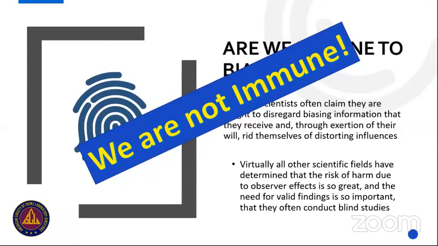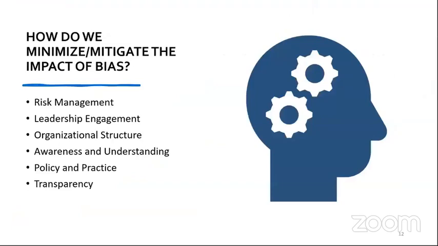Notice I didn't say eliminate, because you can't eliminate it. You can't eliminate the way you think and process information. So it's impossible to get rid of it. But what we need to do is incorporate an infrastructure that's multi-level into our operations that allows us to have awareness, to control, to mitigate the risks of the impact of bias, and ensure and support the overall increased work product quality of our work.